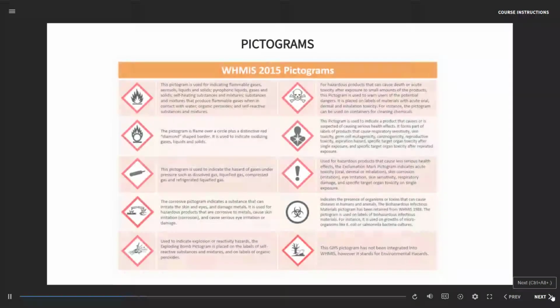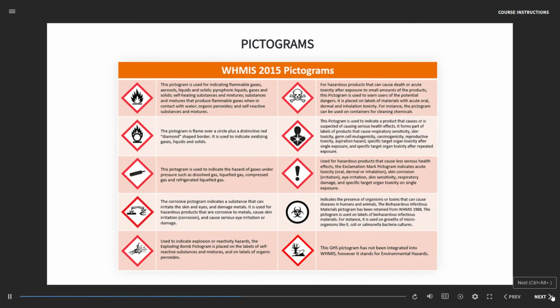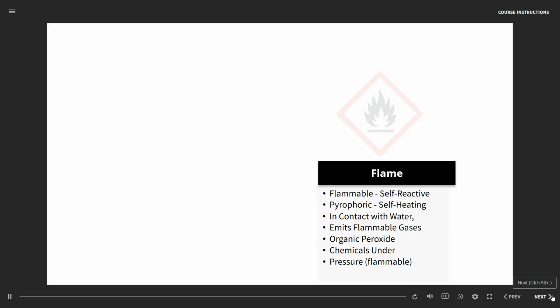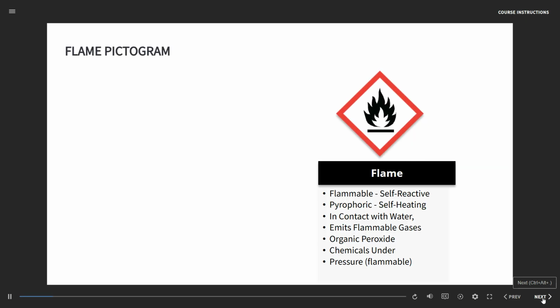This slide depicts the pictograms that we are about to discuss, to be well acquainted with the hazards they identify. The symbol within the pictogram is a flame with a line underneath it. This symbol indicates that materials or products with this pictogram can ignite easily and burn rapidly if they are not stored and handled properly. They should be handled with extra care and kept away from heat and open flames at